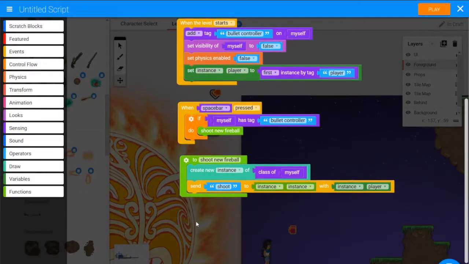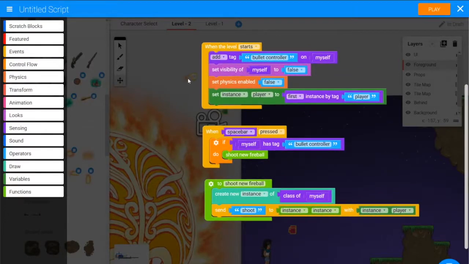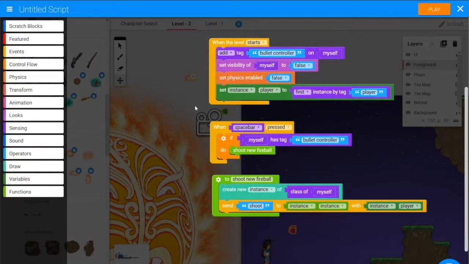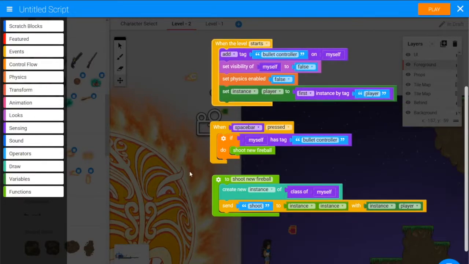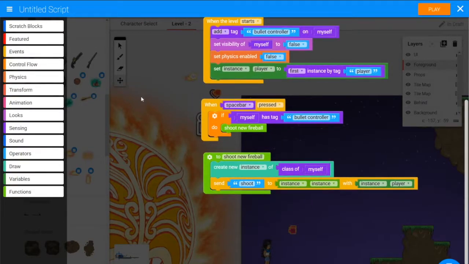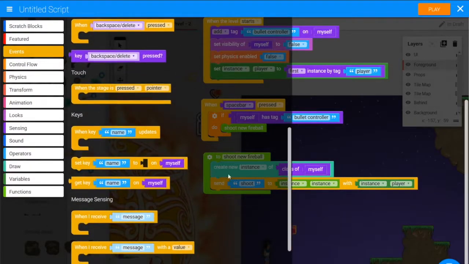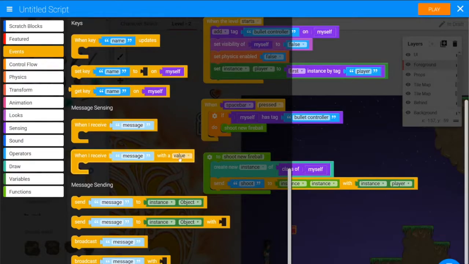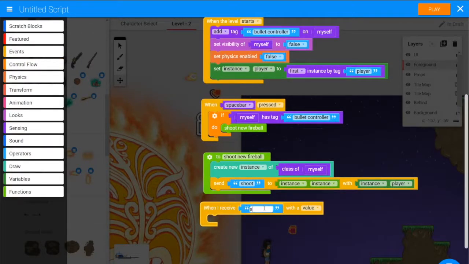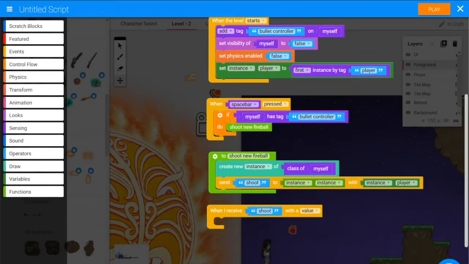So when the clone receives that message, so we'll go to events, and remember the tricky thing is we've got the master and the clone, they both have the same code, so we're kind of separating out based on when the level starts in this tag, and then this message sending and receiving, we're separating out the two different fireballs. From events, we want when message is received with a value, when I receive the message shoot. Now we're thinking from the clone's perspective. So when the clone receives the shoot message with this value, who's the player,